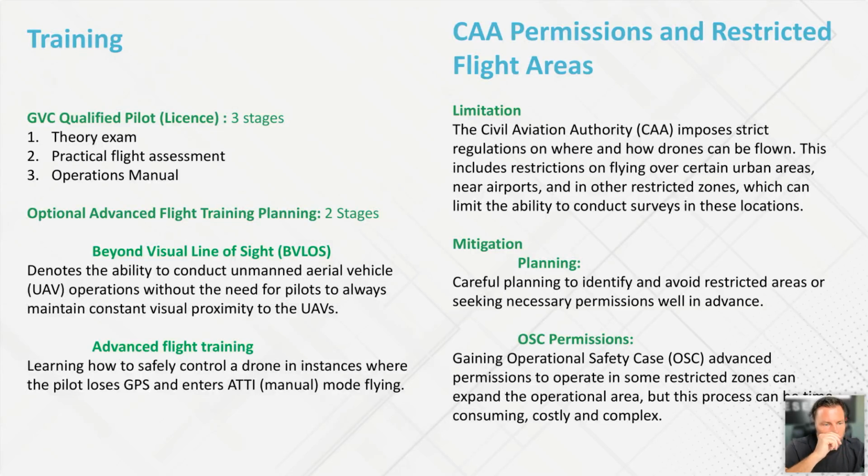And then advanced flight training. So learning how to safely control a drone in instances where the pilot loses GPS and enters ATTI, which is the manual flying mode. So what they essentially do is the assessors will turn off all of the lovely safety and automated control elements, and the pilot has to bring that drone back into land from a fairly difficult position